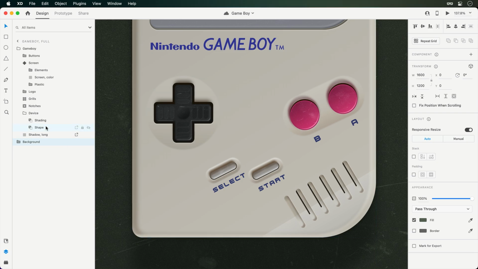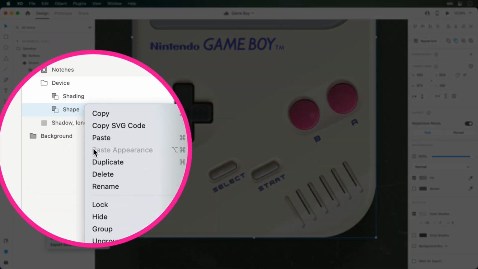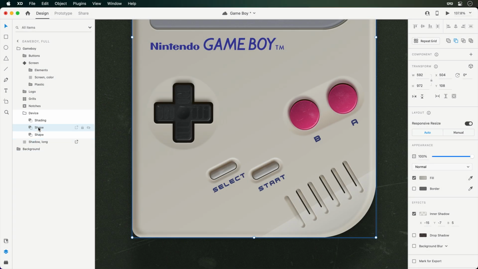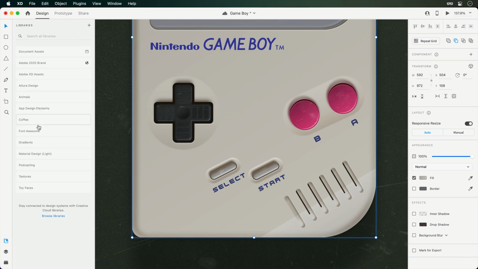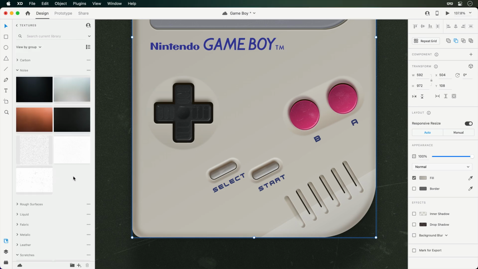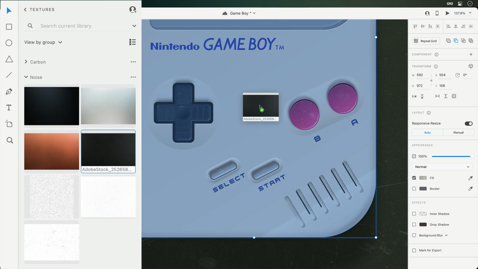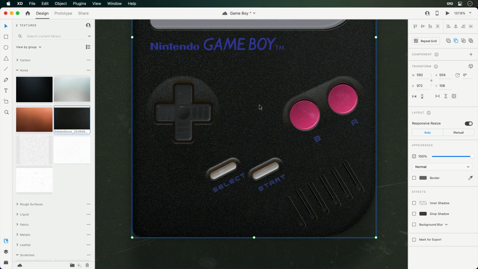some grain. Since we typically want our textures to blend in with the layers below, I'll duplicate the existing object and then remove any unneeded styles. With that in place, we need an image. And whether it's one from your computer, a plugin, or assets stored in your Creative Cloud libraries, dragging it onto the layer will mask it nicely in place.